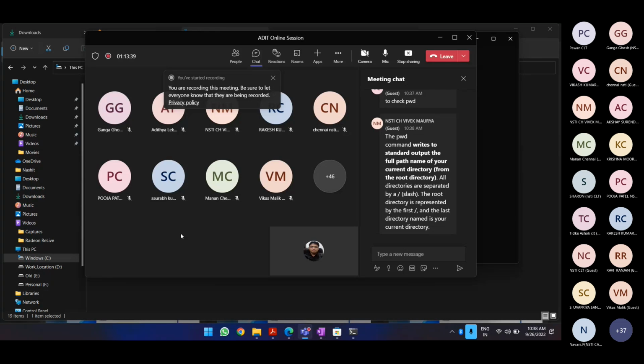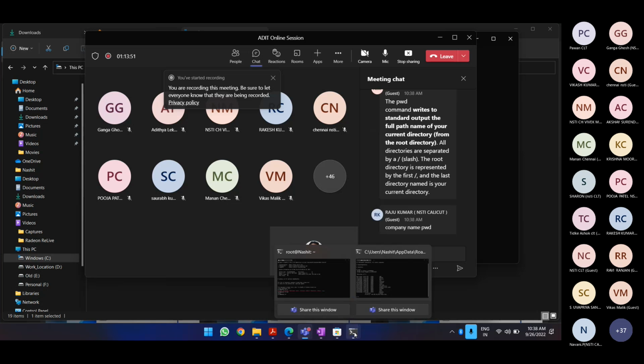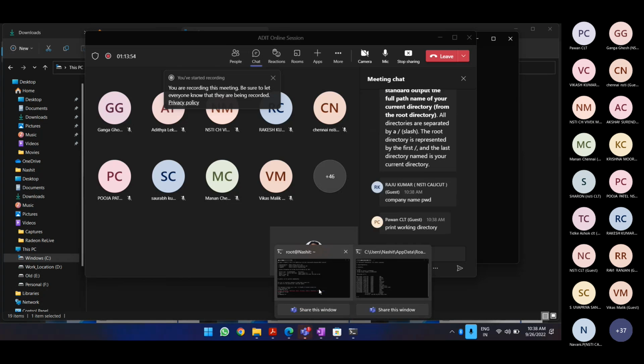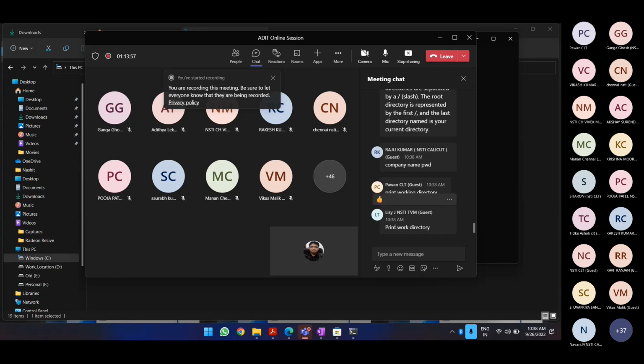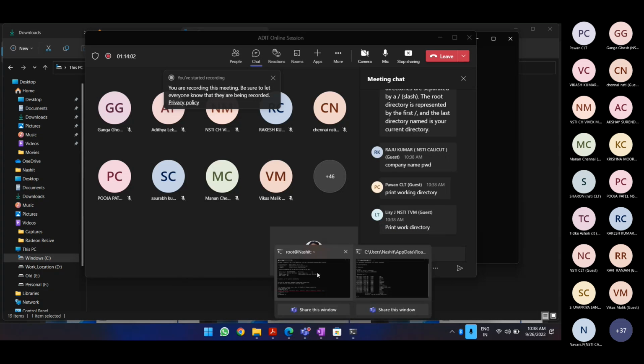That is fine. You are googling it out, but you didn't Google out the real thing that I wanted to know. PWD, what it exactly stands for. We understood that it displays. Yep, someone came up with something really good. Yes, print working directory. That it is.